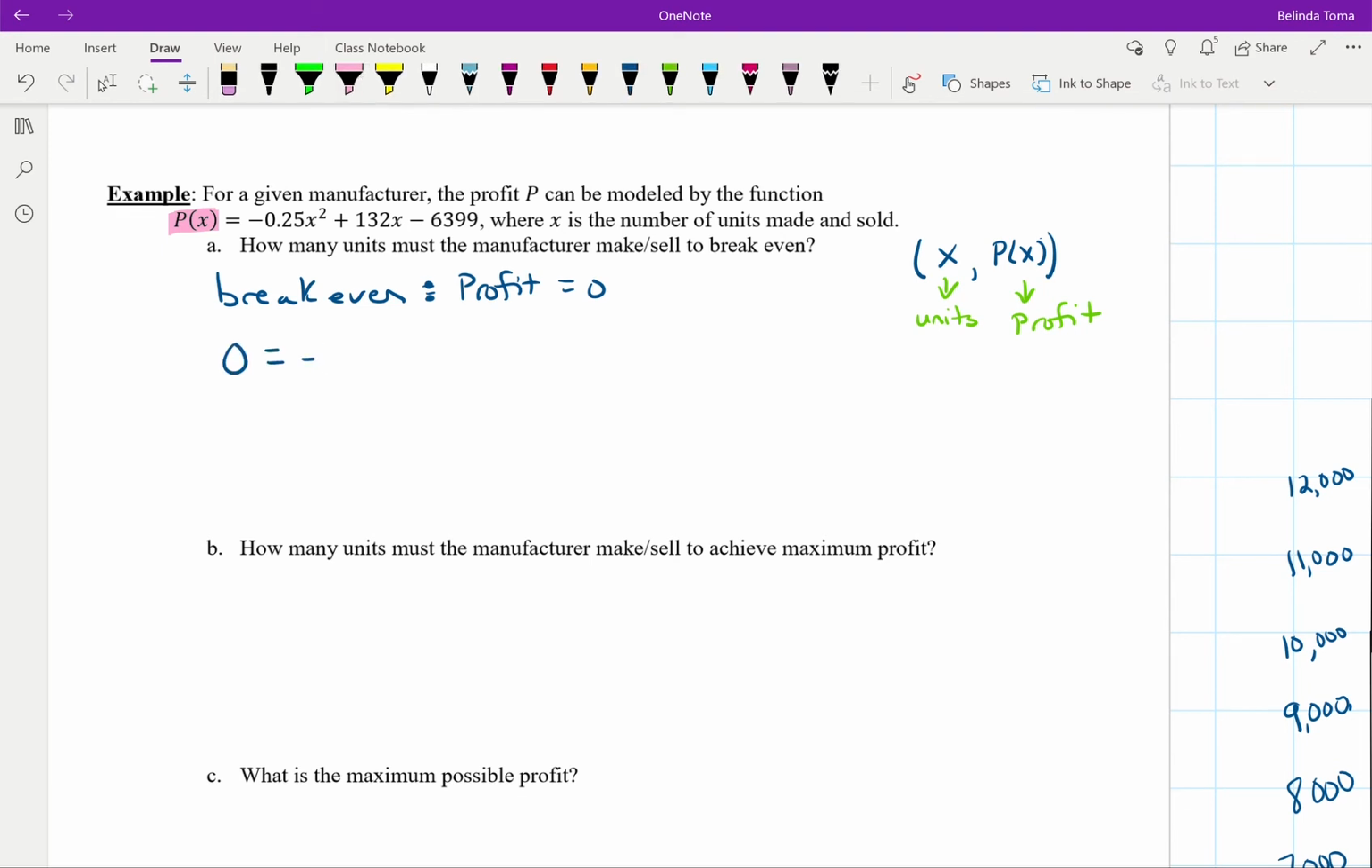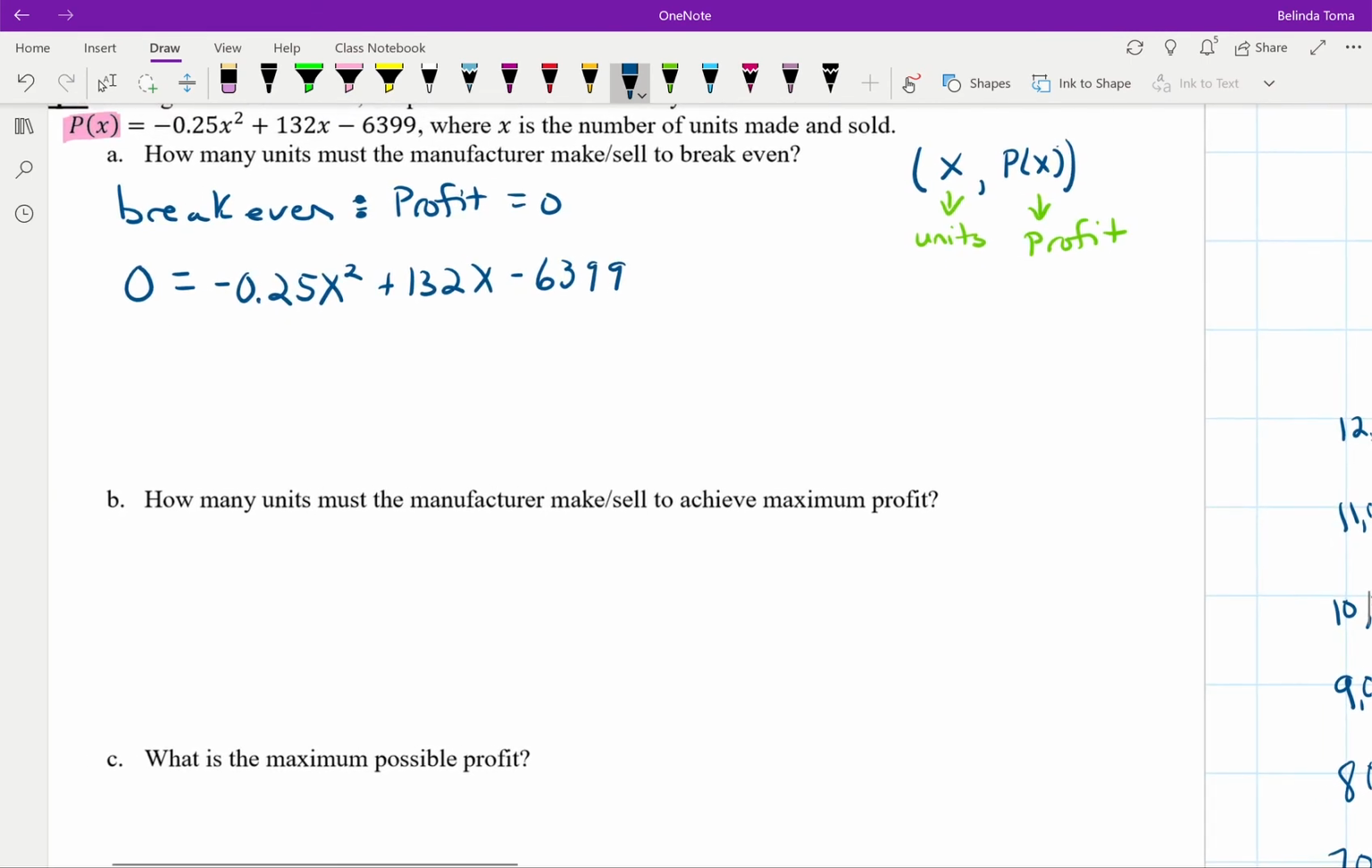Let's get that decimal in there here. And then we can solve for the value of x. And we can do that a lot of different ways. We may try to factor it, but with something like this, I'm just going to probably put this into the quadratic formula. And I've got my a term of negative 0.25. I've got a b of 132. And I've got a c of negative